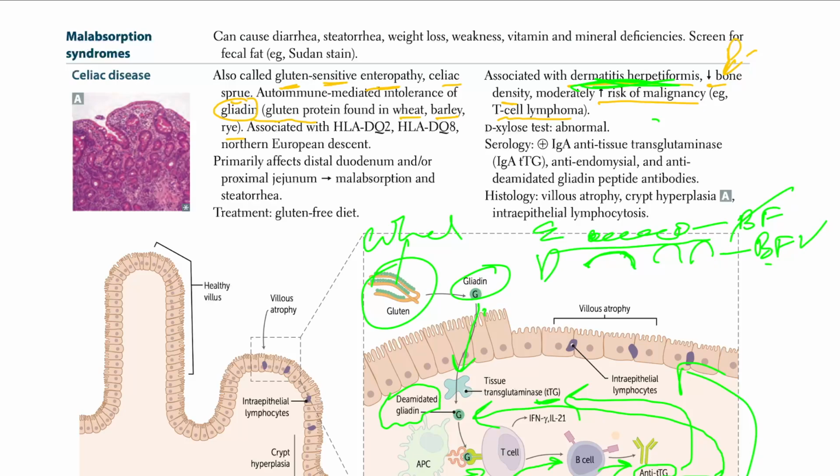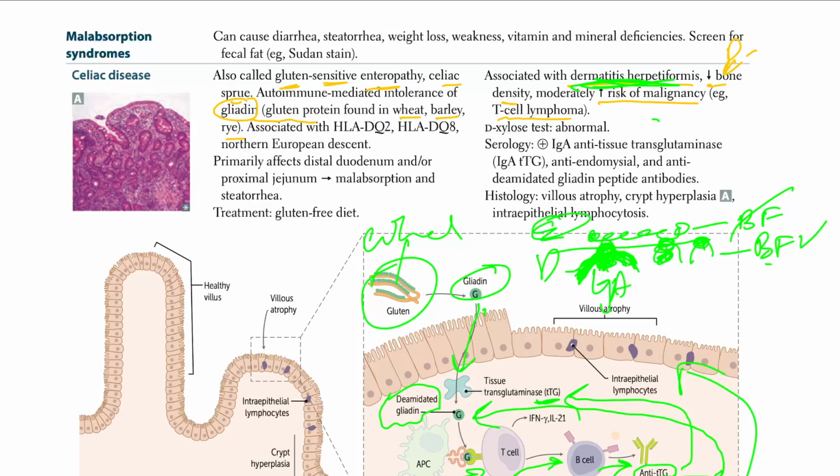So now what's going to happen is, in the blood, those IgAs are going to come here and get deposited in these blood vessels. When they deposit in these blood vessels at the tip of these dermal papillae, this disrupts the epidermis to dermis connection at this point. Because they have deposited here, you lost that connection between epidermis and dermis.